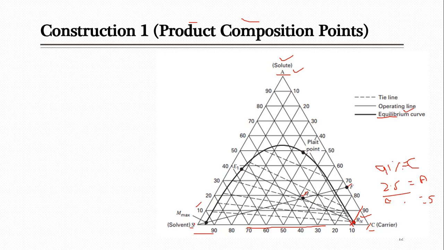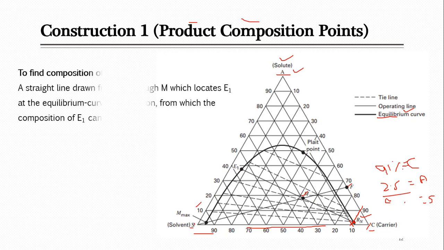Now we have to look for the extract, and how we can find it. This is a bit different, as I told you, from the one-stage system. So now we have to locate the extract, to find the composition of the extract. Where the extract point is located, and when we locate the extract point, definitely we can easily look for the composition.